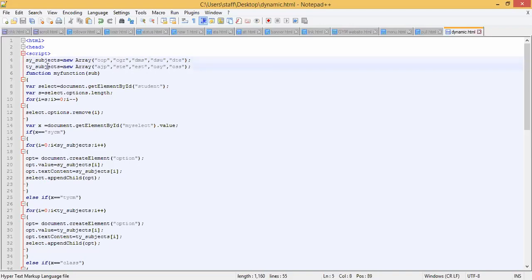Okay. This is the array which we have created, and the function. Here we are finding the length.